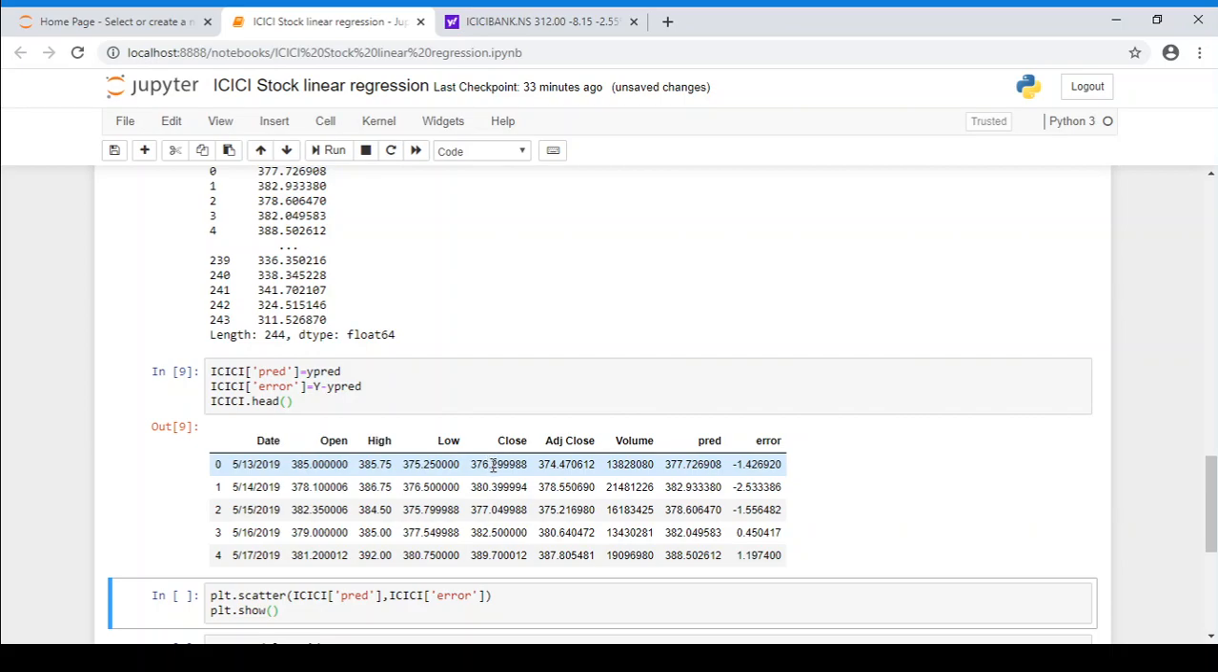So you can see 376.299 was the close, whereas our prediction was 377.72, an error of minus 1.42, very close. In stocks, these are very close. Then you have 380, which is 382, again close. You can see a 382 with a 382, almost nearby. So the prediction goes fine over here. These are from 2019, as I mentioned, till 2020. You can also see